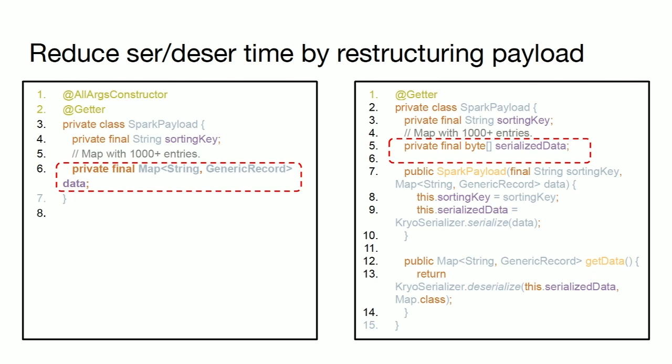And this Spark payload is used in multiple Spark operations. So we are reading it from some place, then we are doing sort by, we are doing count, group by, order by, a bunch of operations. And finally, we need this data when we are writing it to HDFS. I'm just making up this use case.